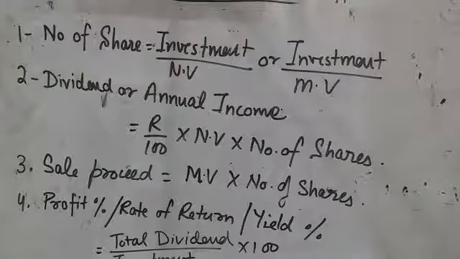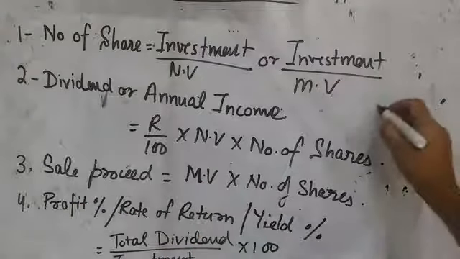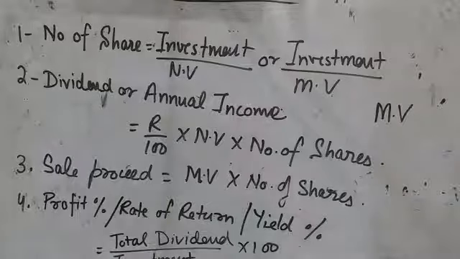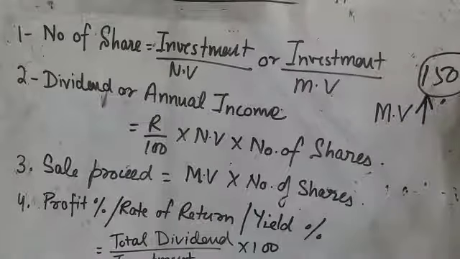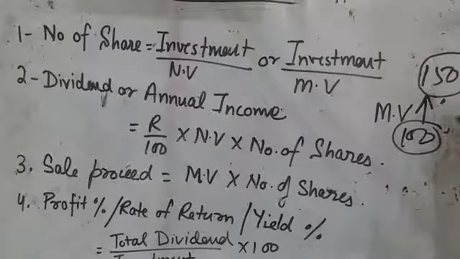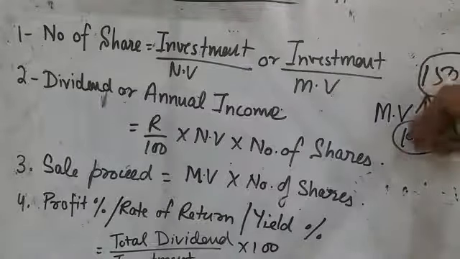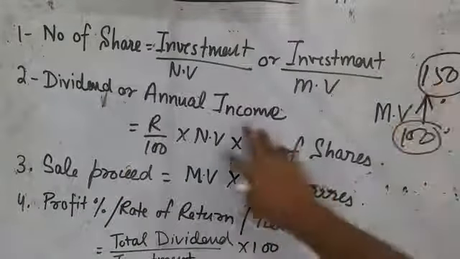Now what is the profit percentage overall? Means he will be getting the profit 2 ways. First of all, when the market value increases, suppose in the case of Mr. Sharma, the market value increases from 100 and becomes 150. So here he will be getting the profit, as well as he is getting the profit in the form of dividend. So 2 ways he is getting the profit. The company gives the profit, and whatever is the value on that particular date and time, he will get the profit from there also.